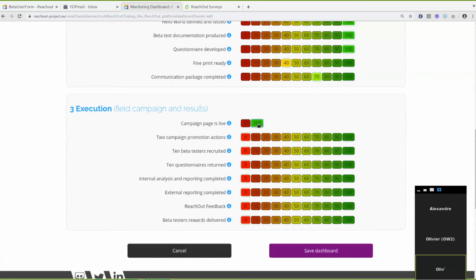So yes, it is. Have I done some promotion action for my campaign? I haven't done them yet. Have I recruited 10 beta testers already? No. Do I have some questionnaires? No. Have I done some analysis, etc.? So at the initial stage the campaign is live, but none of the other items have any progress,